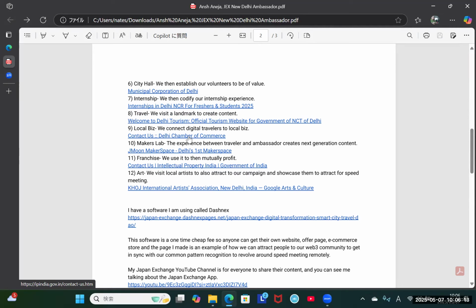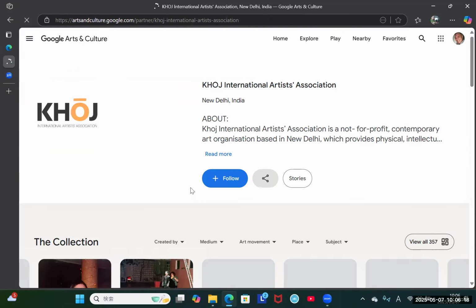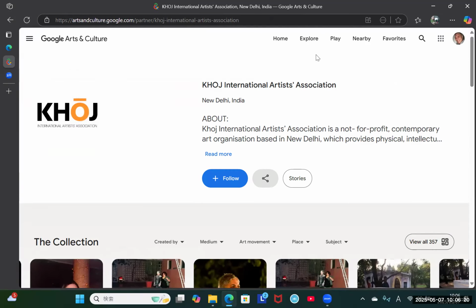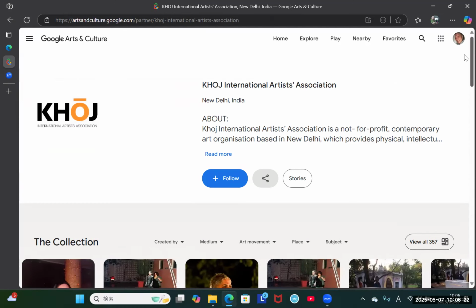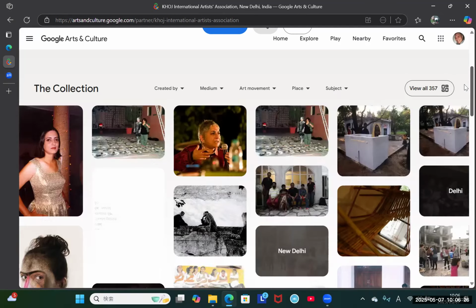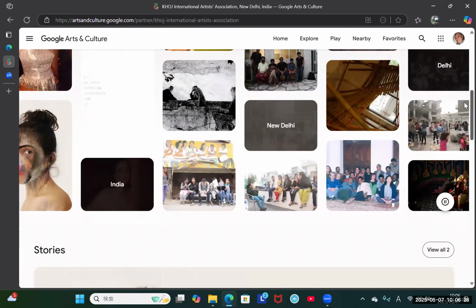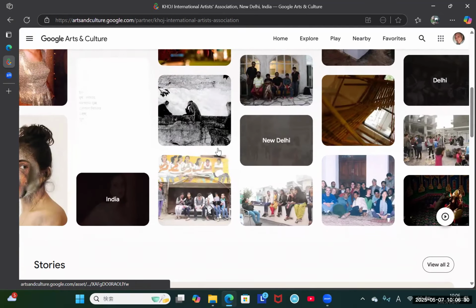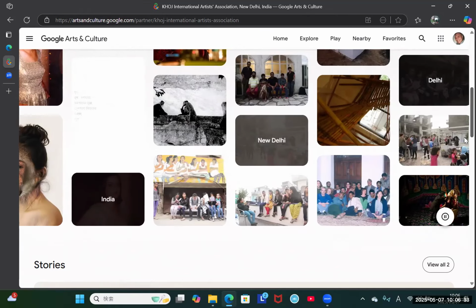Yeah, I already showed Delhi Chamber of Commerce. Okay, now finally there's the art. Okay, so the arts are, anyway, I noticed this Google Arts and Culture. So there's a Google Center in New Delhi, and this would be perfect for like the 16, 17, 18-year-olds because as you see, they're already attracting the youth, and we want to create a scholarship program.